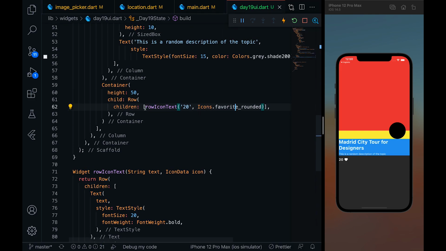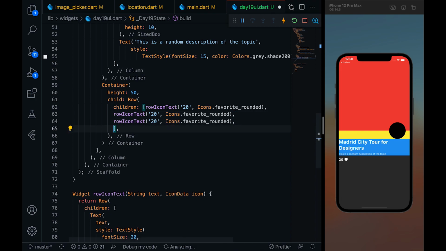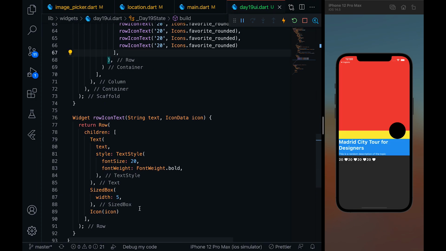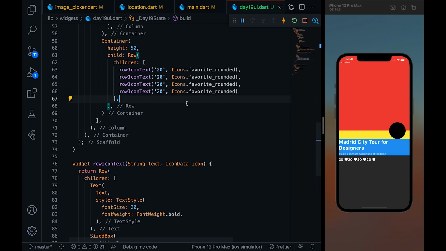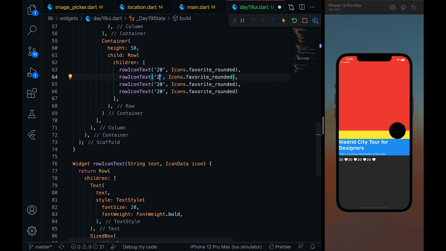Now what I can do is I can copy just this simple thing, and I can paste it 3 more times. So instead of pasting this row icon text again and again, what I did, I created a widget and I reused this widget again and again. Now I can change the text: 34, 82, 295, 34, 82, 82 and 295,